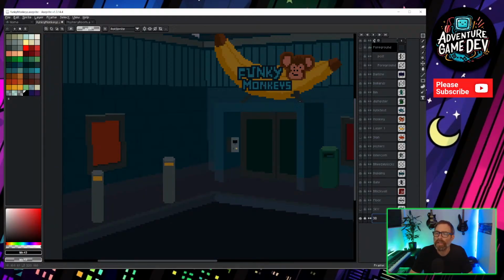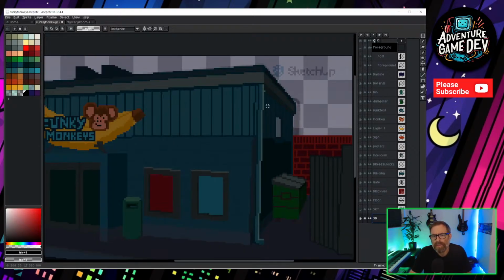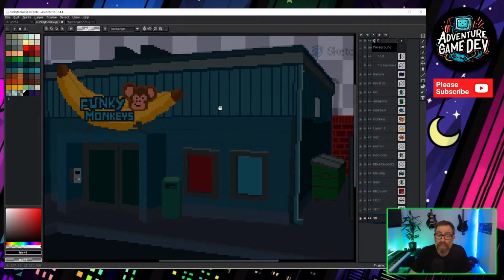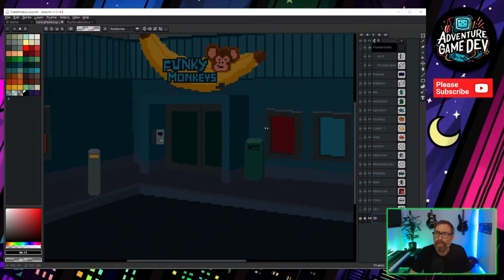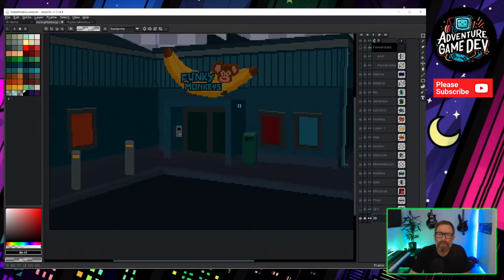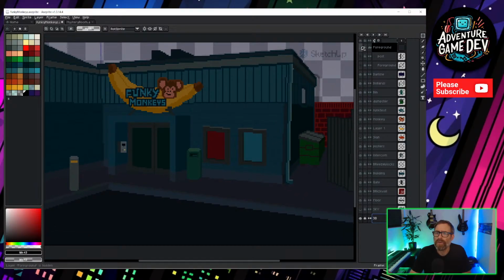I've put like a layer just to darken it all down a bit. I'm trying to get the mood of it right. I mean, the lighting will be done in Unity. I haven't quite decided where the street lights are going to be. I might put like a security light. There'll be light coming from that window because this place is closed at night, but there's obviously somebody in because you can see light coming from the window. But yeah, I'm maybe going to put a little security light or something in the foreground.